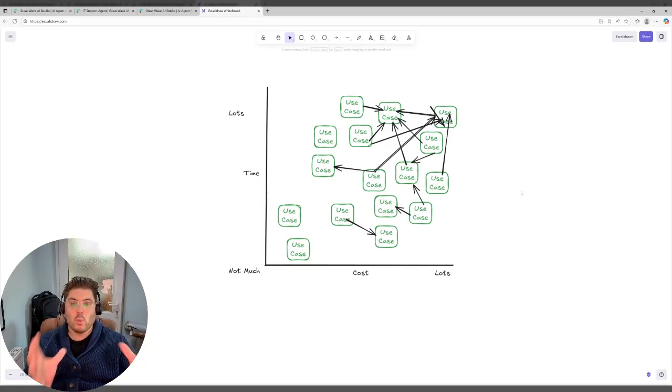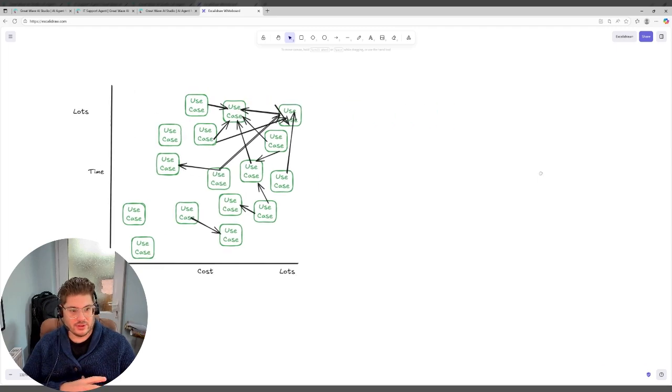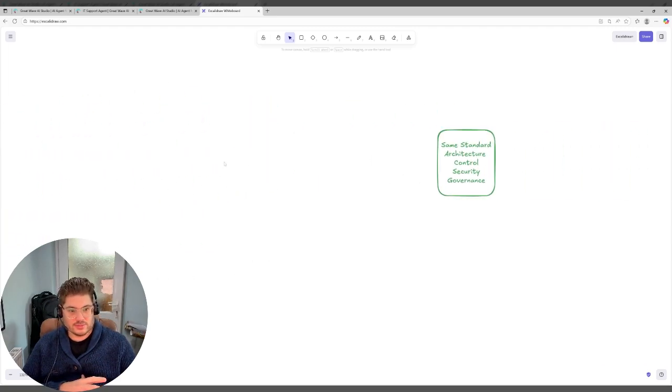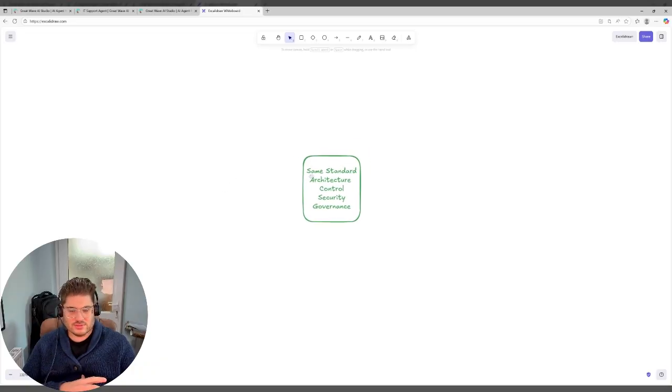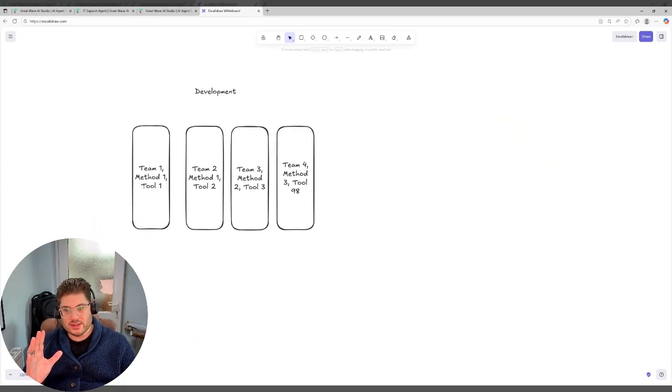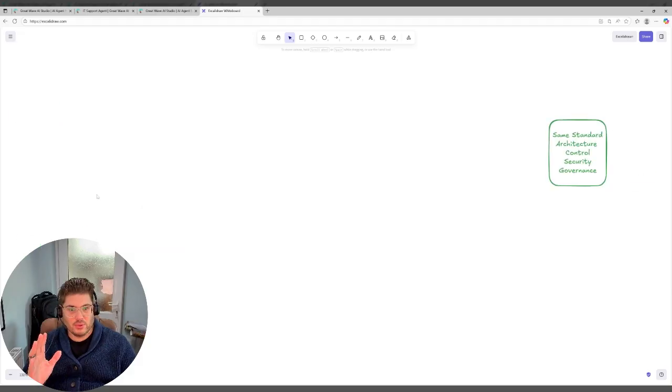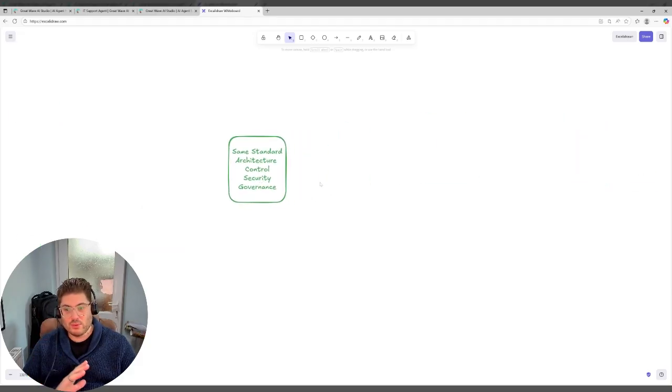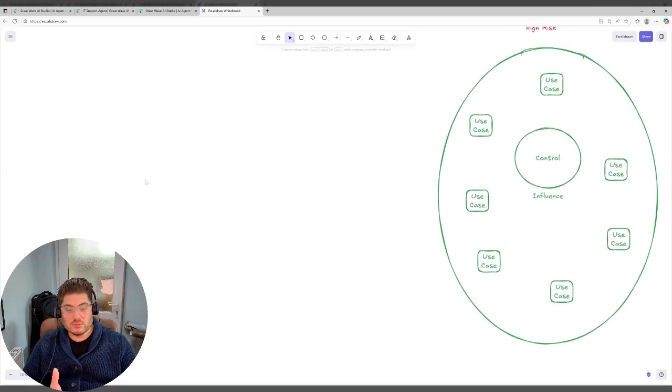So this is why a platform is a better fit where you've got to scale use cases. When it comes to operations, obviously you want everything happening in the same standard, same architecture, control, security, etc., and that doesn't happen if you are building separately. Building together, in the same way and on the same platform, helps greatly here.